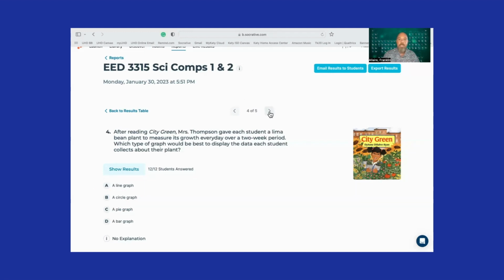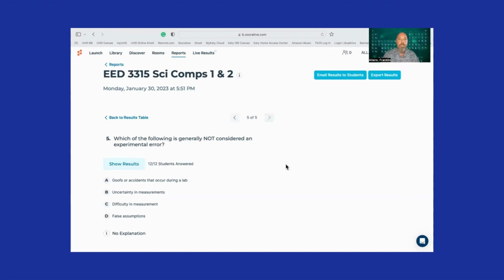Last but not least, in this first quiz covering competencies 1 and 2, which of the following is generally not considered an experimental error? Now, experimental error is sort of a big umbrella term, but there are some things that count as experimental error, and there are some things that don't count as experimental error. And the correct answer for number 5 is going to be A, that goofs or accidents in the lab count